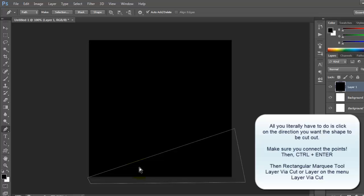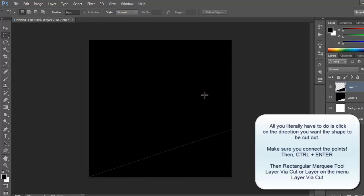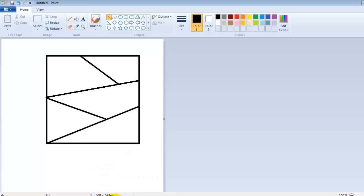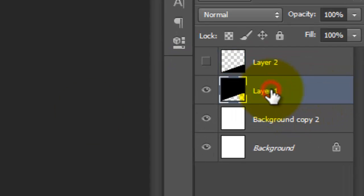And I do Control Enter to activate it, and then I go to the rectangular marquee tool and I do a layer via cut, and it cuts that shape. And the next shape was kind of like a fatter triangle. Go back to the layer, let me just name it black full,